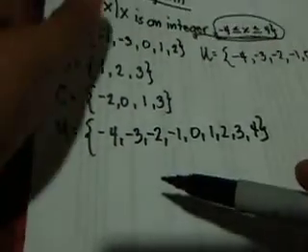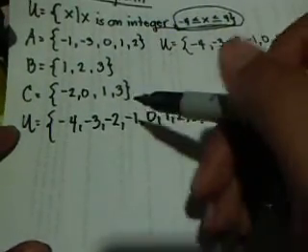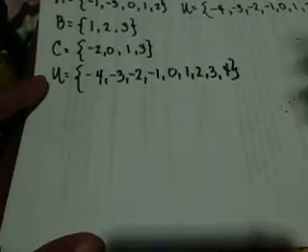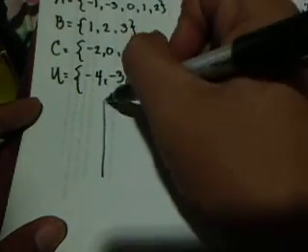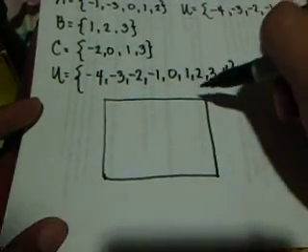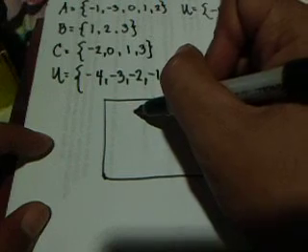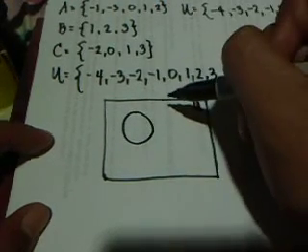Okay, so let us make a Venn diagram out of this. I hope you can see this. So let me just arrange my... Okay. So let us make a rectangle out of this, and we are going to represent this figure as the universal set U. Then let us make a circle for A,